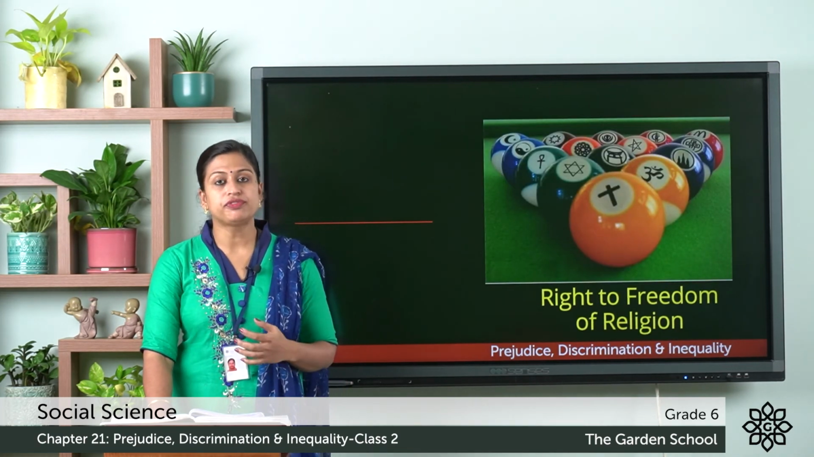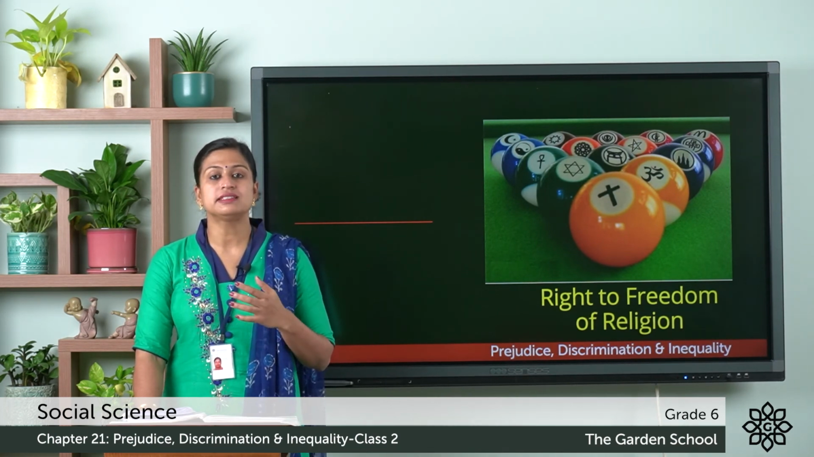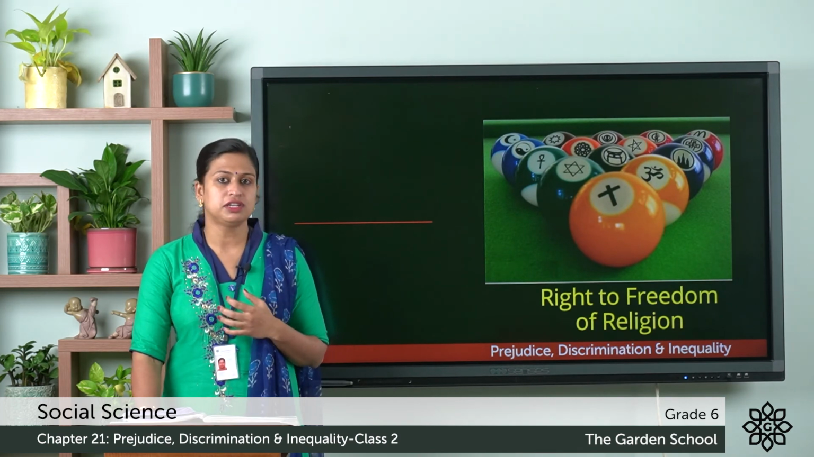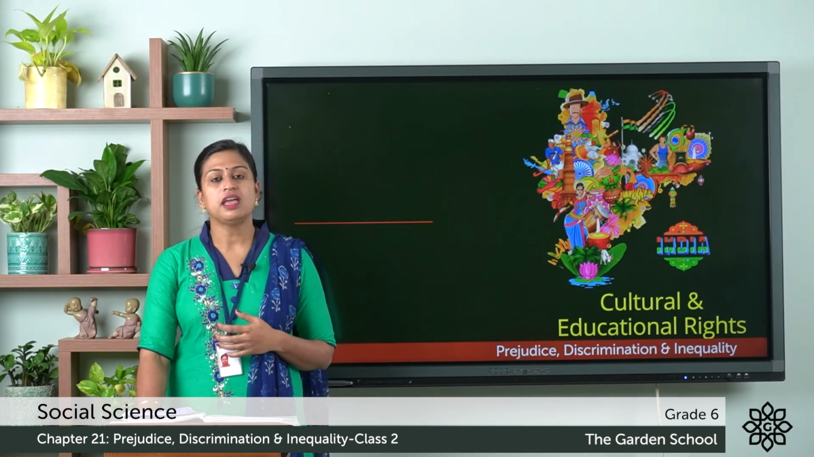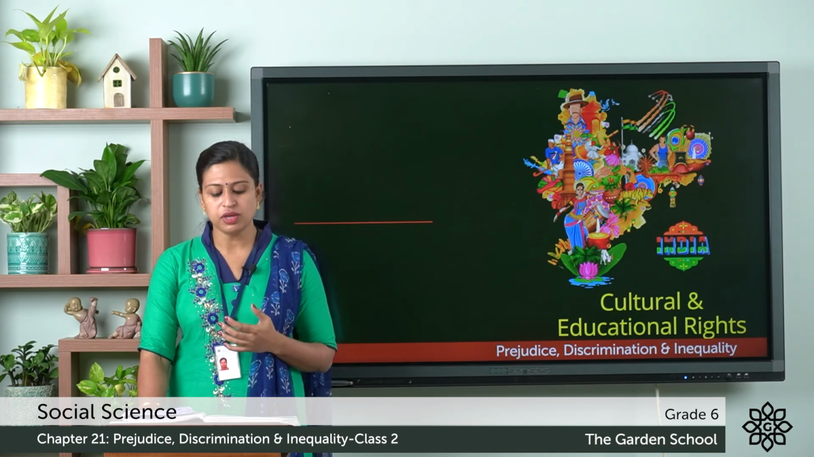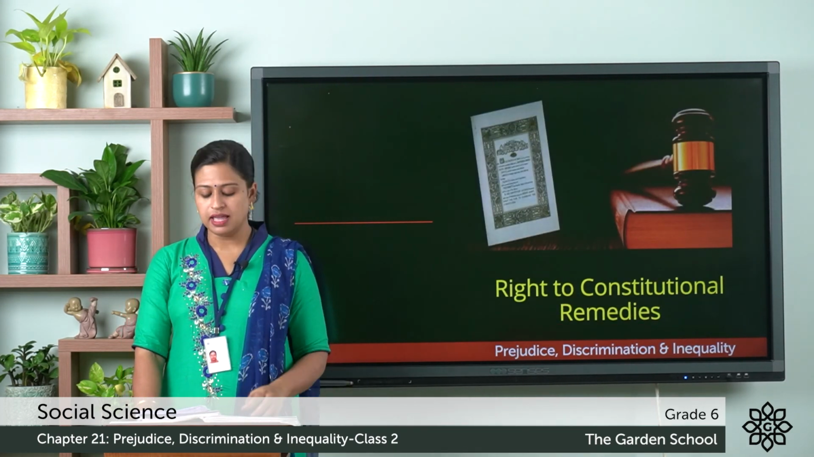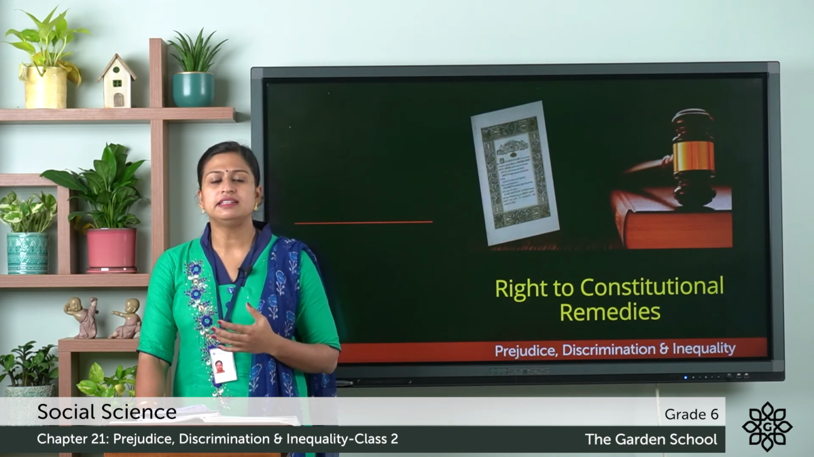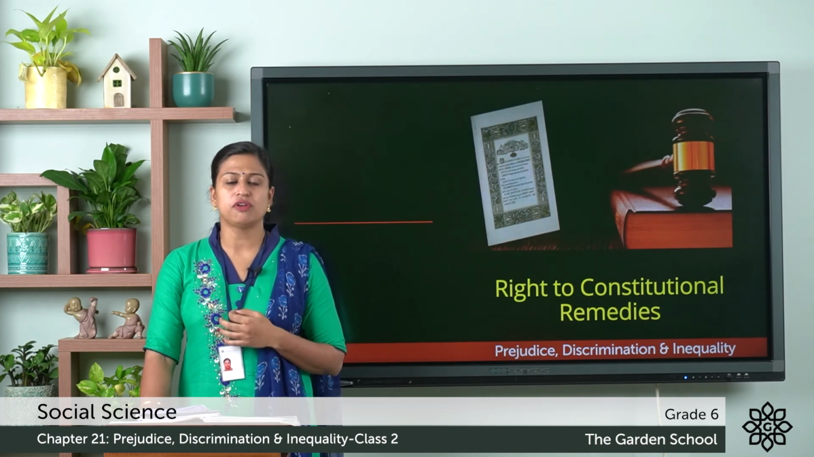Next one is right to freedom of religion. This right states that every Indian has the right to practice any religion of his or her choice, and all religions and minorities can establish their own educational institutions. So, this was about right to freedom of religion. Now, the next one is cultural and educational right. Here, every community has the right to preserve and promote its own language, script and culture. Now, the next one is right to constitutional remedies. That means a person can move to a court if he or she feels that his or her fundamental rights are in danger. So, these are some of the fundamental rights which are guaranteed by the Constitution of India to the citizens